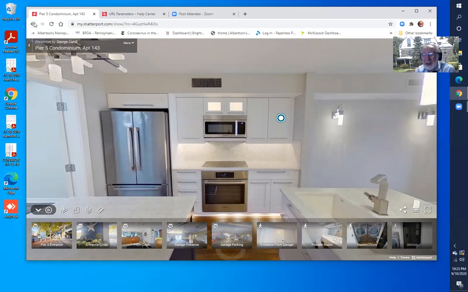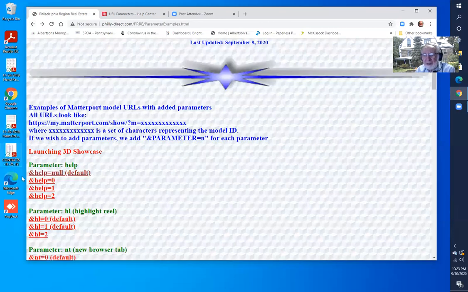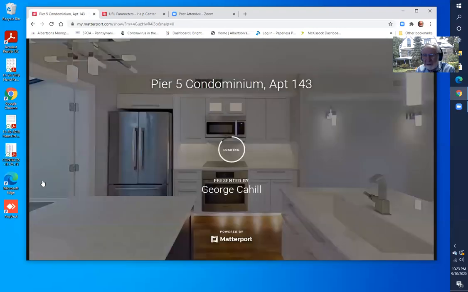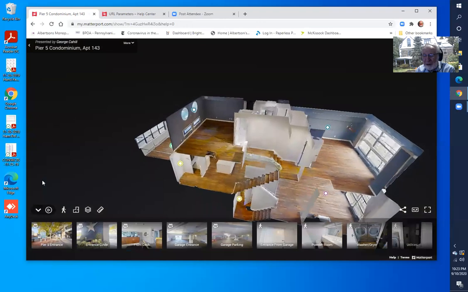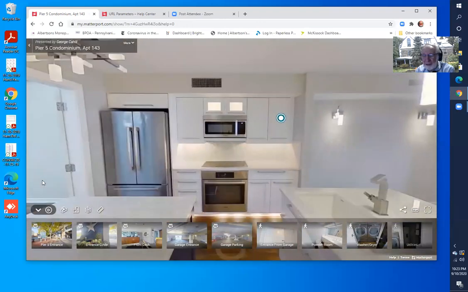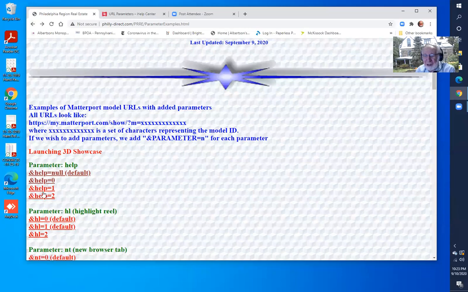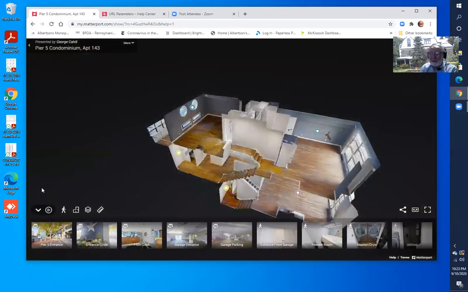So let's go back and try this thing here, which doesn't show help at all. And again, you won't have a help message. And then let's try help equals 1, which will be our biggest help message. So now as the model